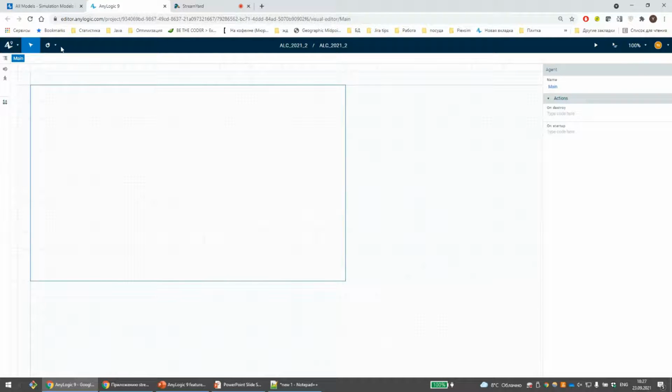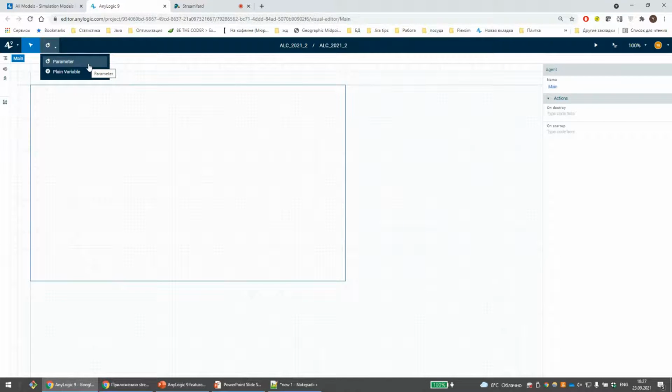Next is something completely new. We decided to move the ability to create some of the most frequently used elements to the toolbar. Currently here we can see parameter and plain variable, and other elements will also be added there. Regardless of the modeling approach you use, regardless of the vertical library you use, you definitely need them. That's why they are here.